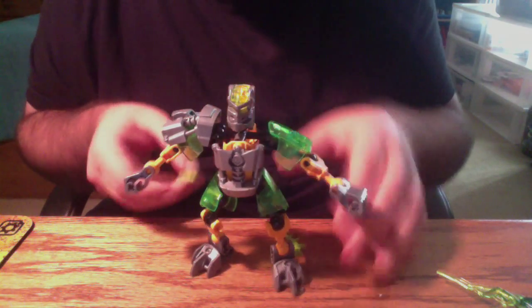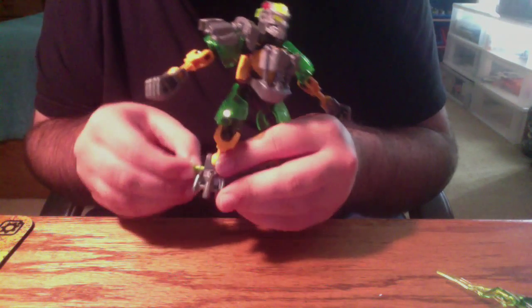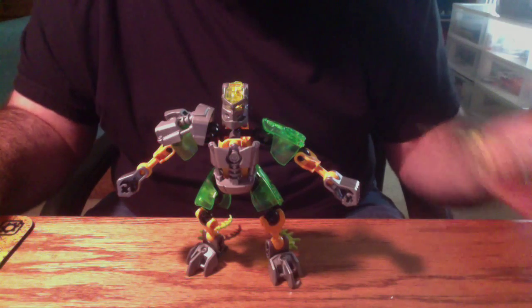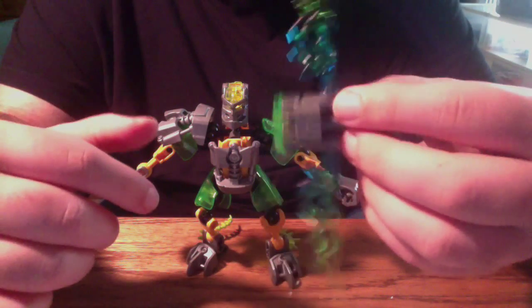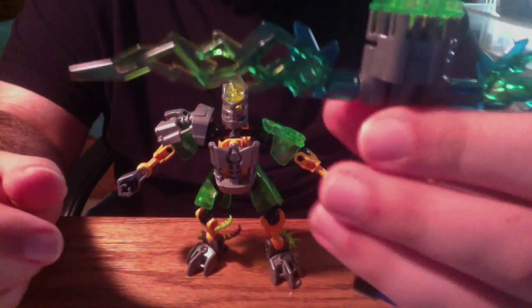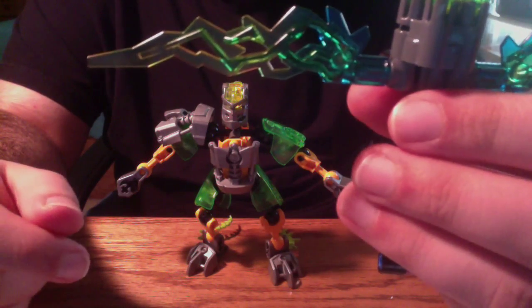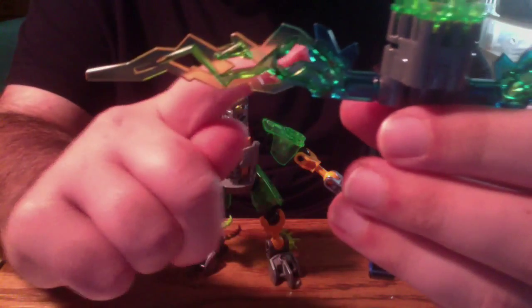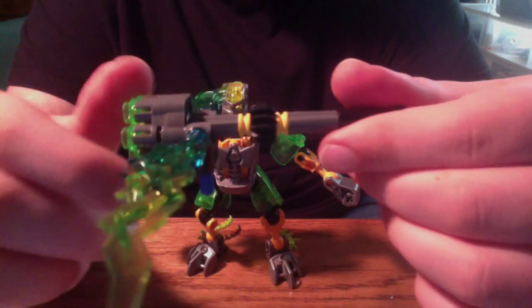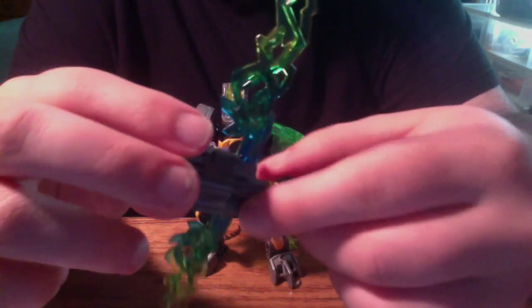They're made of kind of a rubbery plastic, so it might be hard to get in, but they certainly stay in, and they look kind of cool. They had that kind of jungly feel to him. Next up is the weapon, which they refer to as an air flame bow or something. And it's got kind of a cool blend of trans blue and green, so you have a cool teal section right about here. It looks really good, though in reality it's basically just the Protector of Stone's weapon,